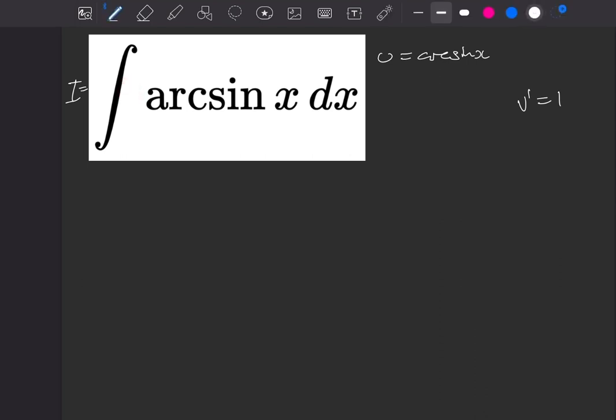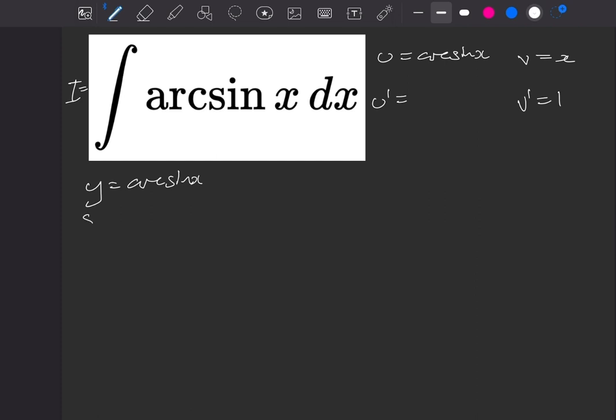The reason we do that is there's not a nice easy way to integrate arcsine, so we'll try and differentiate it instead and see if that makes it a little easier. So we'll leave a little space there to try and differentiate it. We'll just integrate 1 to give us x for a sec. Now if we go to the left hand side and think that y is equal to arcsine of x,